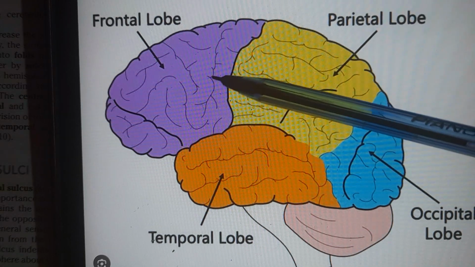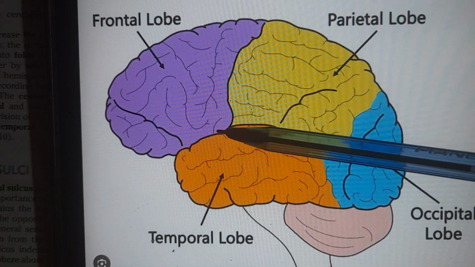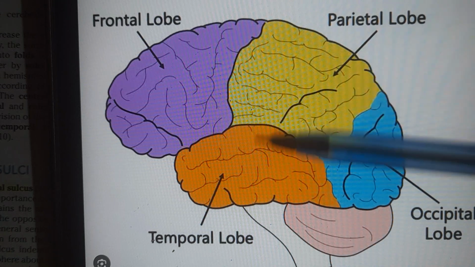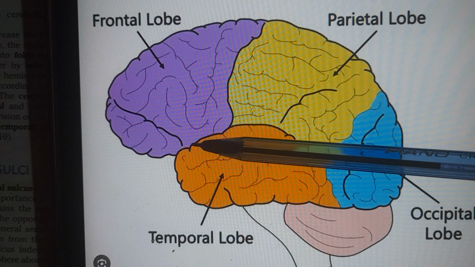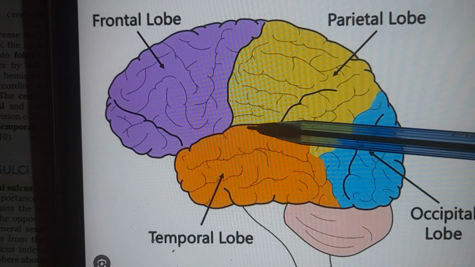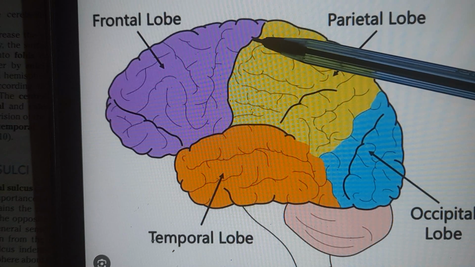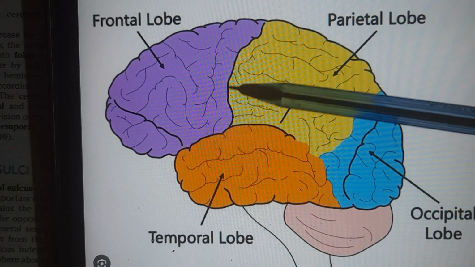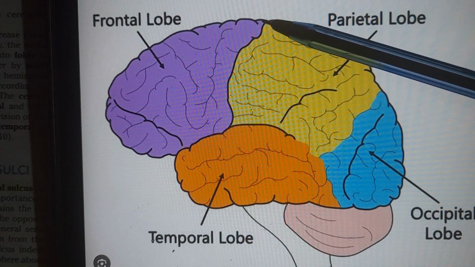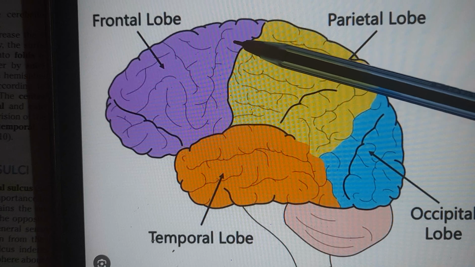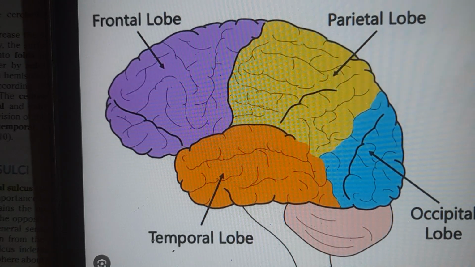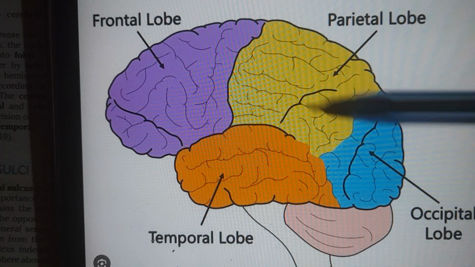Now you should know that the central sulcus and the lateral sulcus both run on the lateral surfaces of the cerebral hemispheres. This one is on the inferior lateral surface of the cerebral hemisphere, which is why it is known as the lateral sulcus, whereas this one is on the superior medial but still the lateral surface of the cerebral hemisphere. Superior medial means on the superior portion, a little bit medially, but it is on the lateral surface and not on the interior side, which is why it has this name.